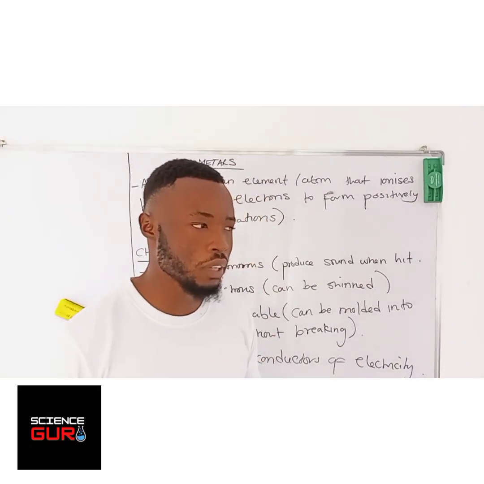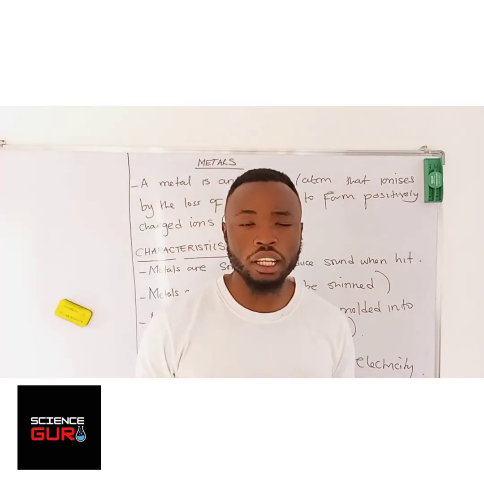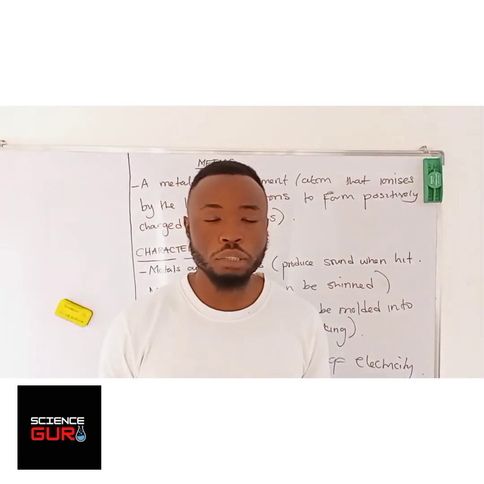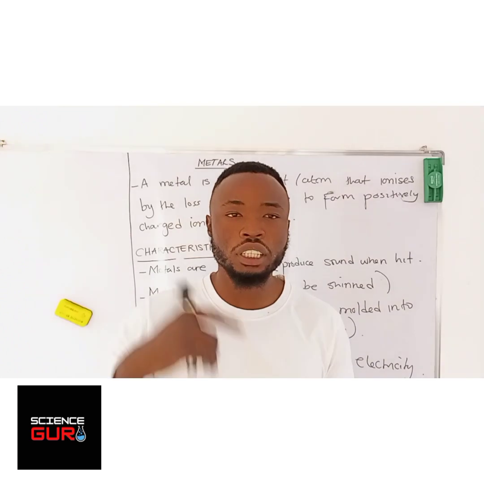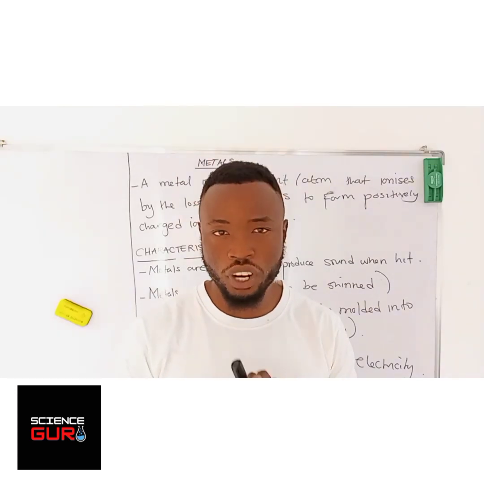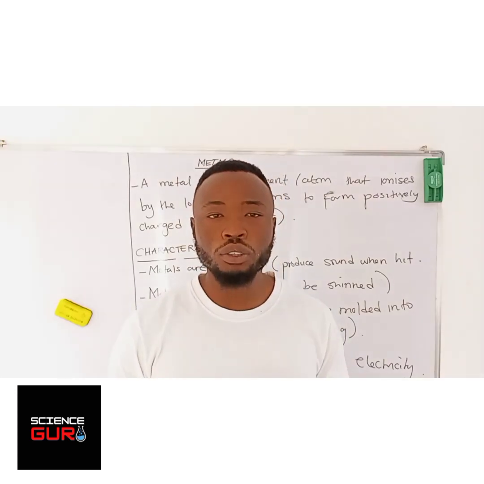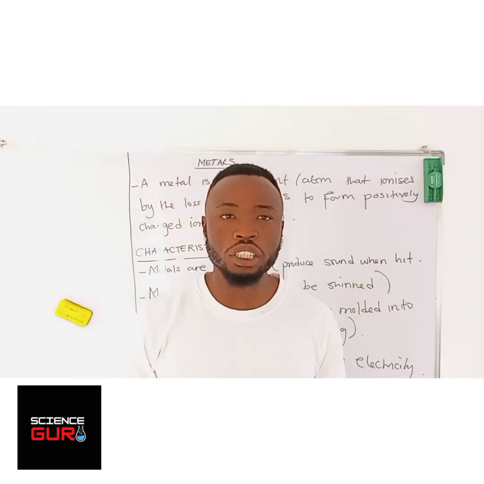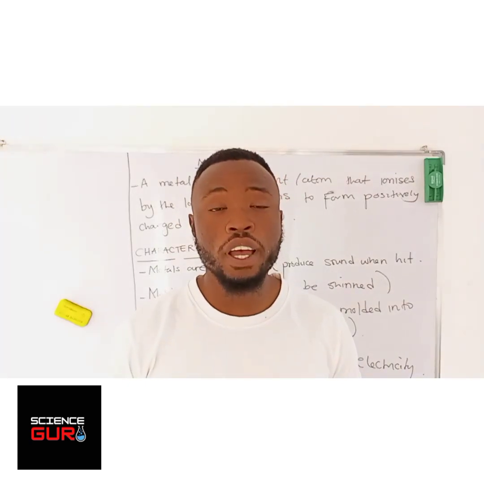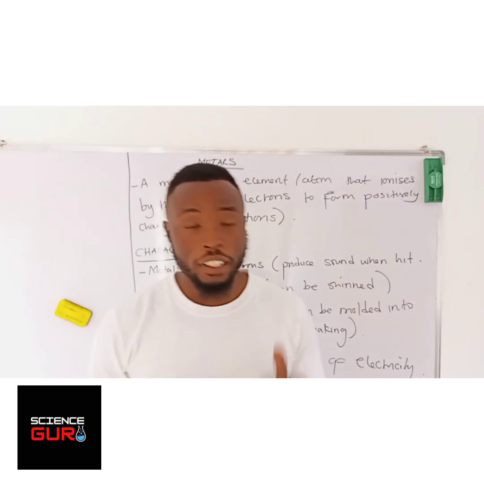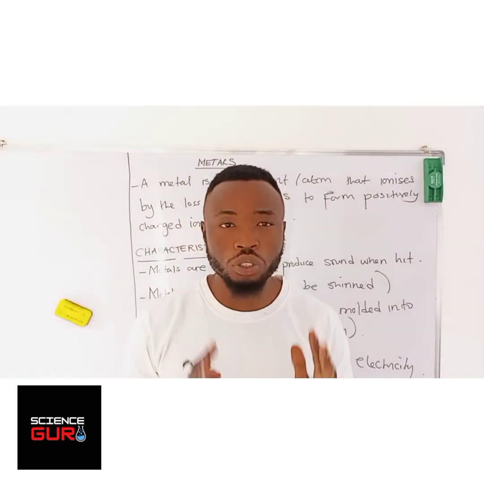Why do metals have a high boiling point and melting point? It's simple. It's because of their strong electrostatic forces of attraction. Metals are made up of strong electrostatic forces of attraction. So, the next part that we're going to look at is the